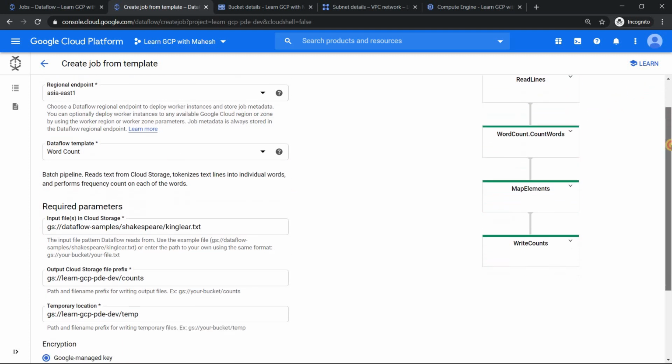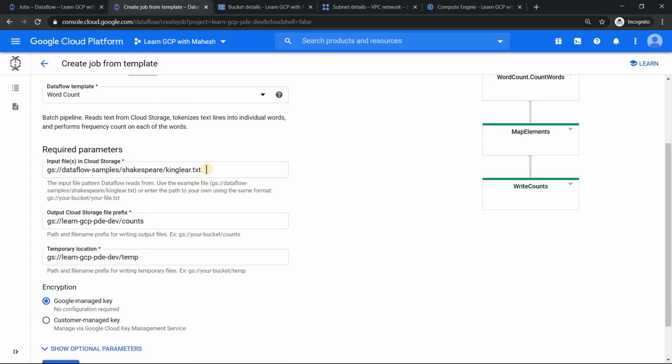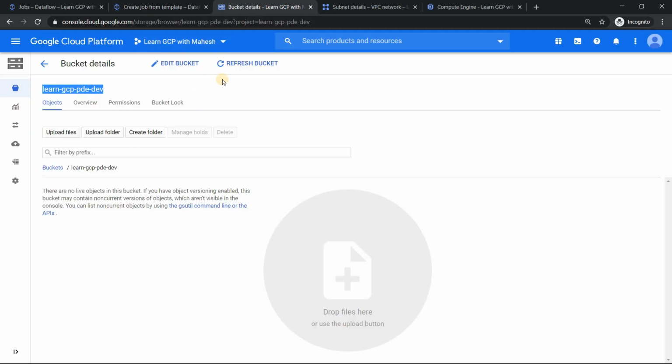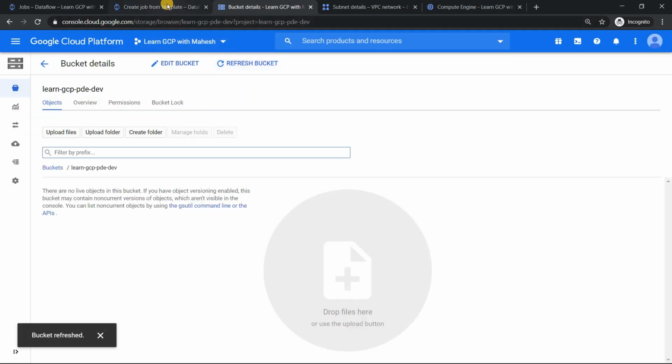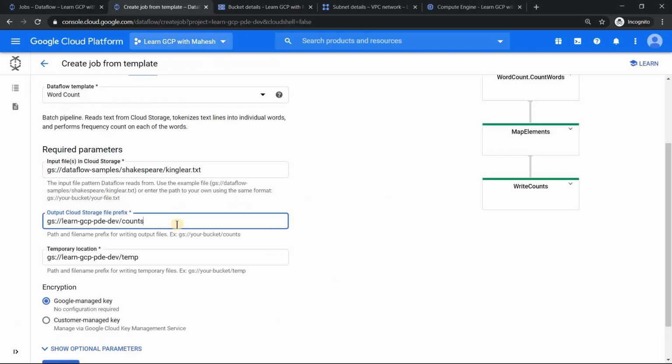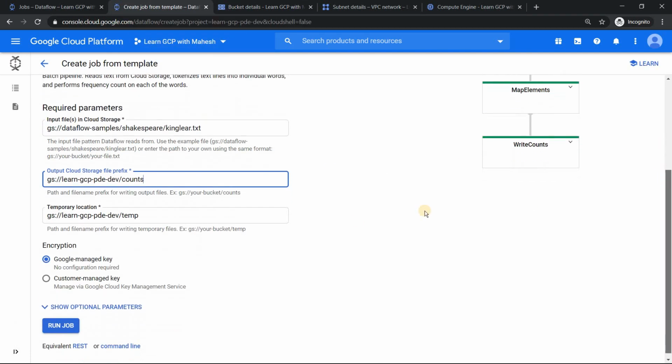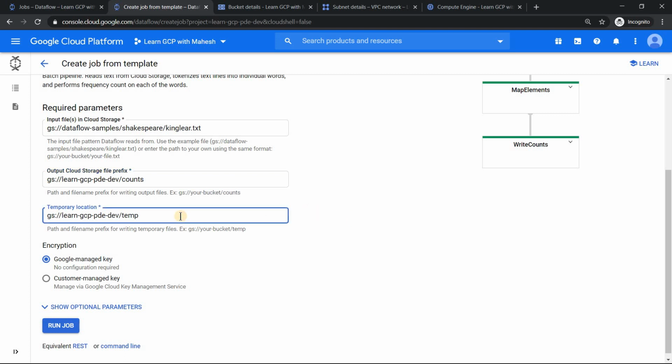And based on the requirement, I have given the necessary input parameter, which is a storage bucket, which has the data. So this is the data and this is a public data set. I'm just leveraging it. And once it processes it, the output will be stored in this bucket. And currently the bucket is, if I just go here, the bucket is currently empty. That's what you see. So once the process is completed, you should see the output there. And there's a temporary location for staging the data. So I'm just going to give this.